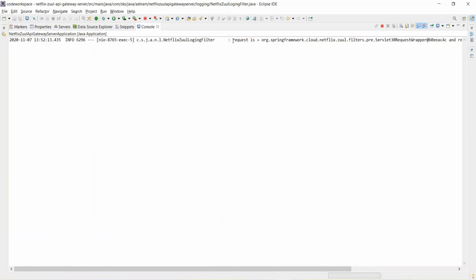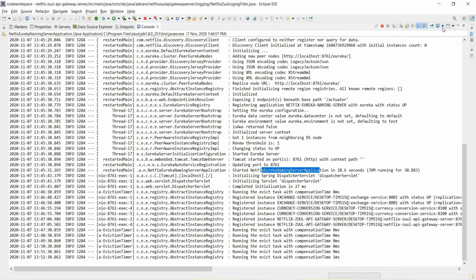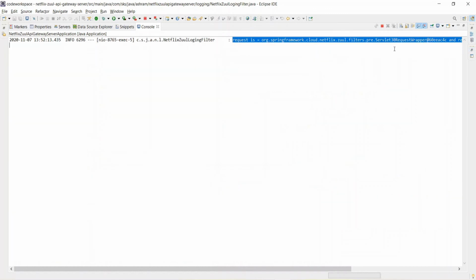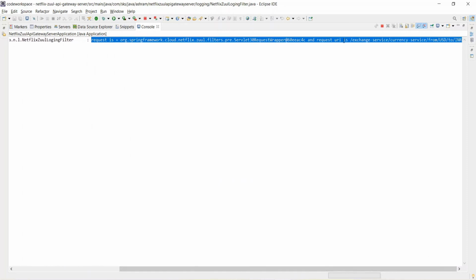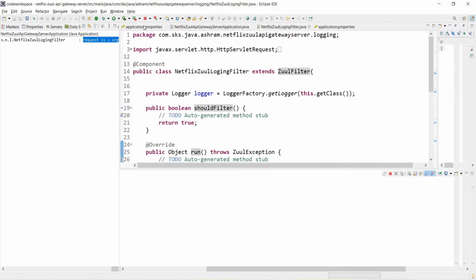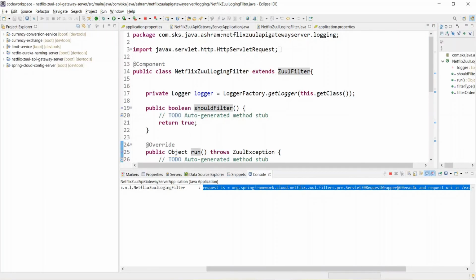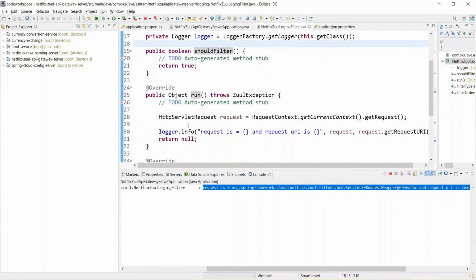Yeah, so this is what we had printed: the request is this, and the request URI is this, right? This is what we had done in the Netflix Zuul logging filter.